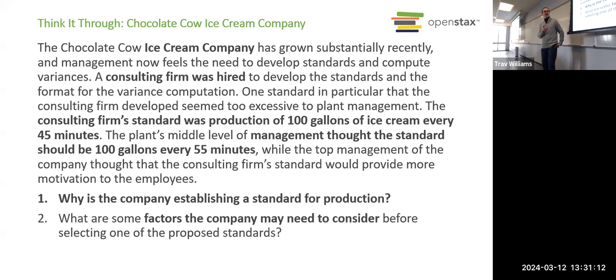Okay, so management might be right because they're the ones overseeing the production, and maybe they have their valid reasons to believe it should take 55 minutes, not 45. It could be they might be thinking of safety, they might be thinking of product quality, they might be thinking our employees are going to complain if we push them to work faster. Who knows, right? Or maybe the managers are just slackers themselves and they don't want to work any harder. We don't really know. They didn't give us enough information.